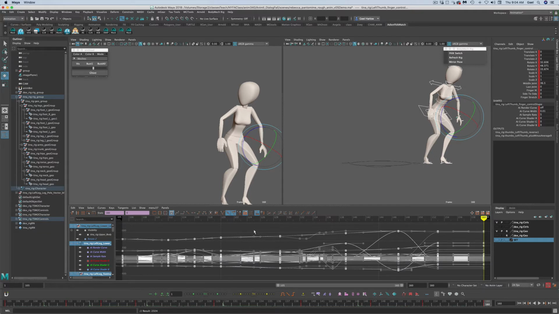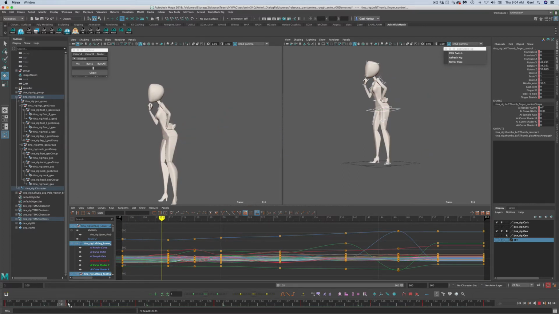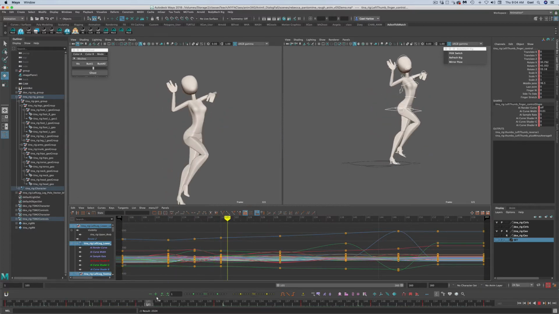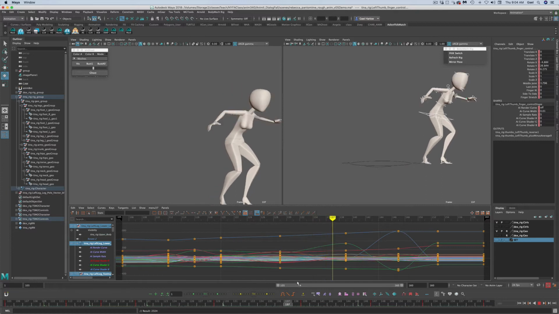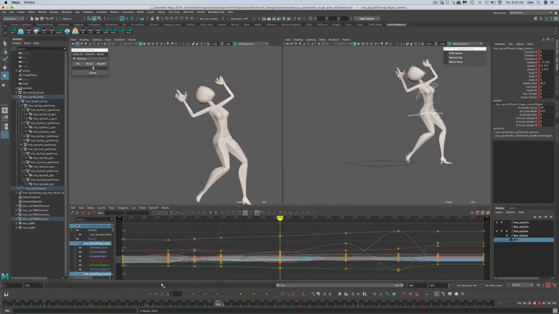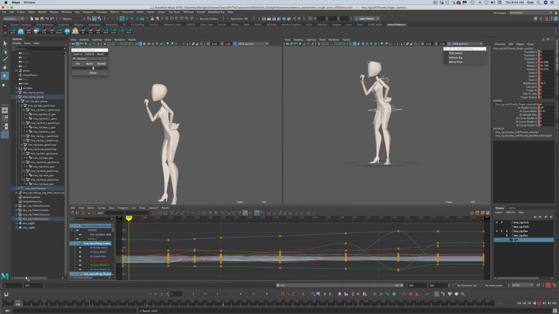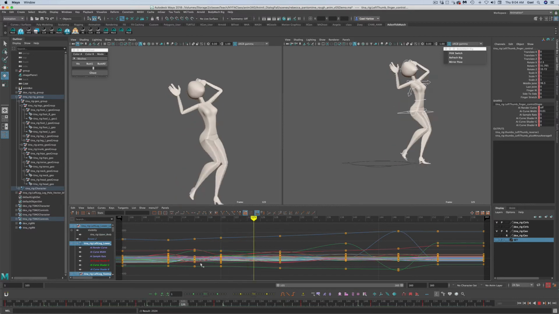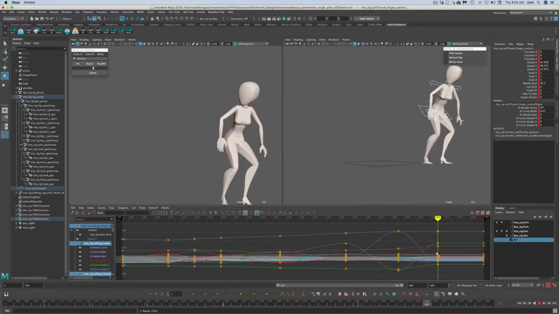When your stuff is on auto key and you set your keyframes, the computer is going to be interpolating between the shots. What it's doing right now is creating an ease in and ease out automatically between all of the keyframes. But we don't want that for our blocking pass, and we don't want that for our silhouette